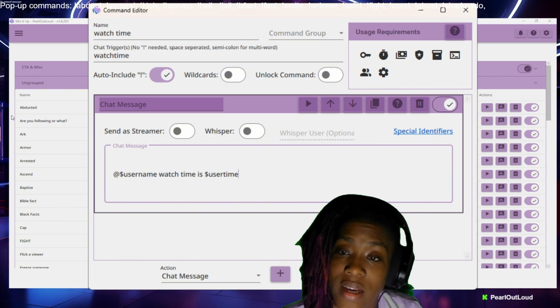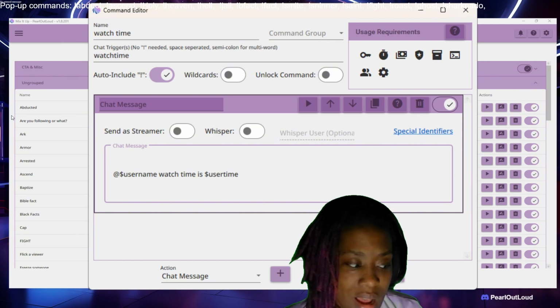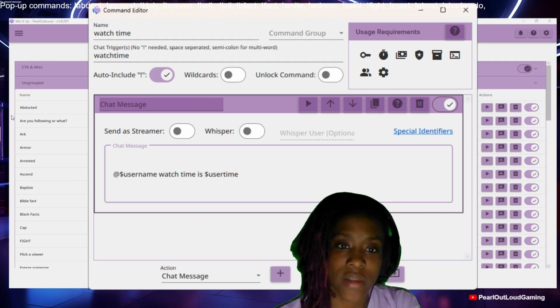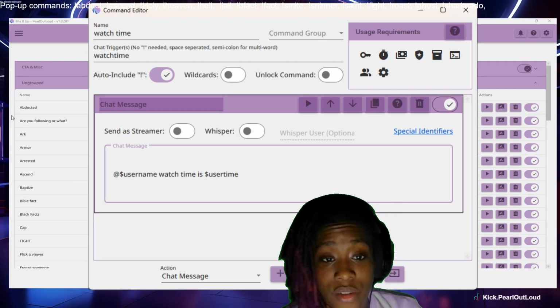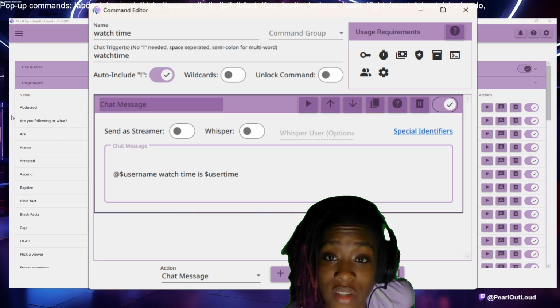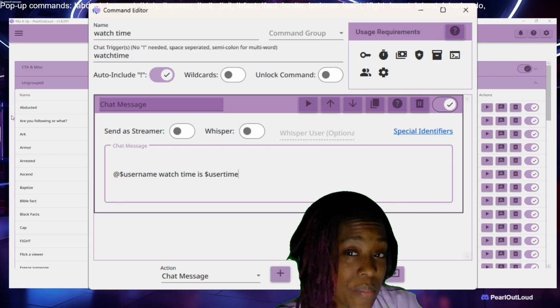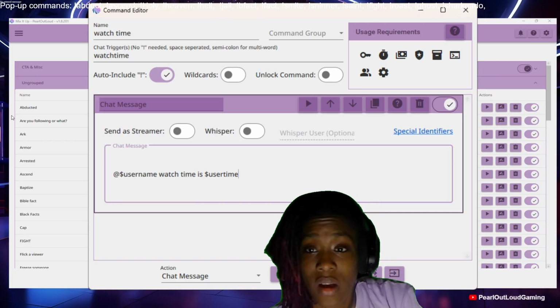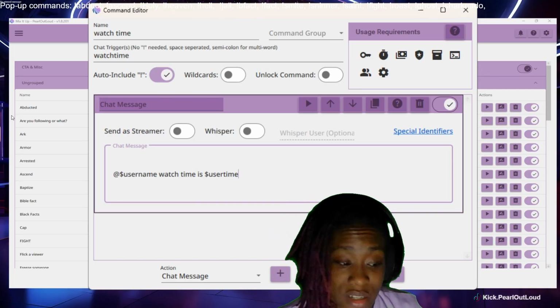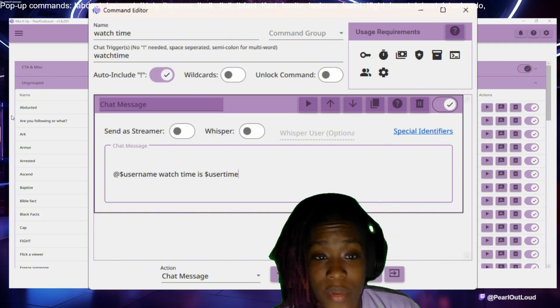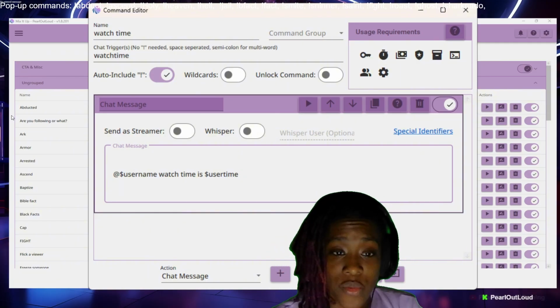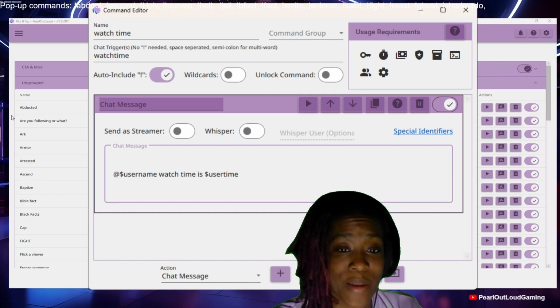Or Kickbot or something like that, but this still is a great way to add watch time if you want to strictly use Mix It Up bot, if you're one of those all-in-one bot type of people. You can also reset your watch time if you're those type of people, but either way, that's what you do. Add username, so at the person